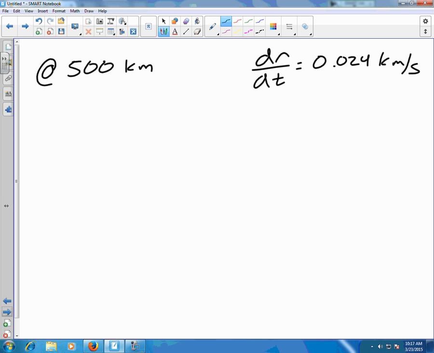Okay, so that's speed. Speed is always equal to distance over time. We're looking for time. And so we want to find time, just rearranging this equation. That's the distance divided by the velocity,